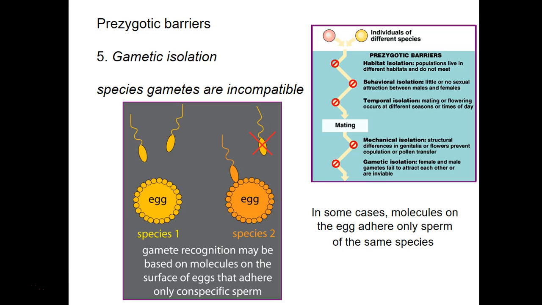Gametic isolation is when the gametes are incompatible. Contrary to what you think, the sperm doesn't just go ahead and burrow into the egg. It's actually an interplay between the egg and the sperm, and the egg will only adhere to sperm that has the appropriate proteins that are being expressed on the surface of the sperm's membranes. And as you know from the central dogma, if you have a single mutation in your DNA sequence, you may end up with a single mutation in your amino acid sequence, and that could result in a protein with a different three-dimensional structure, and that might actually result in gametic isolation or incompatibility.